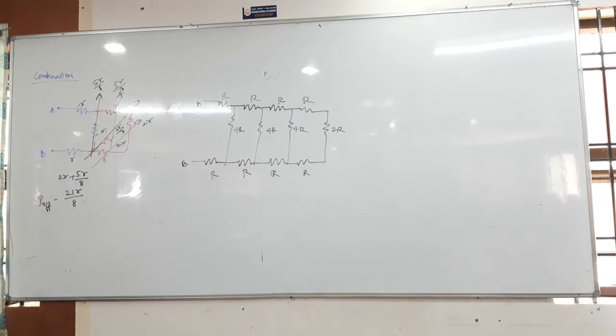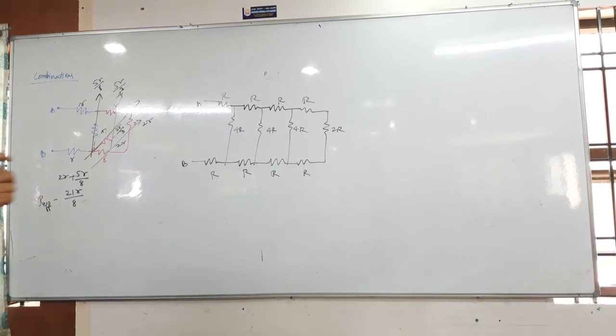What's the answer? 4R by 2, 2R. 4R is the correct answer. By seeing itself we can say, right? See that 2R is there; only the closing side you have to find, right? So 2R, R and R totally will be how much? 4R. 4R and 4R in parallel combination give 2R.